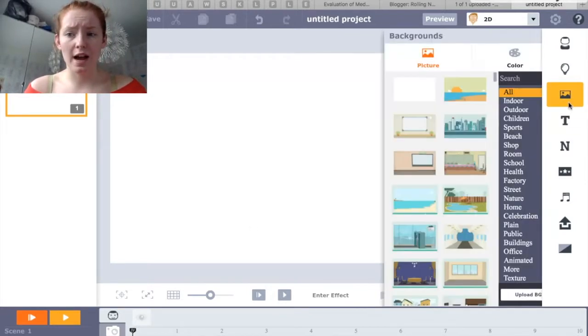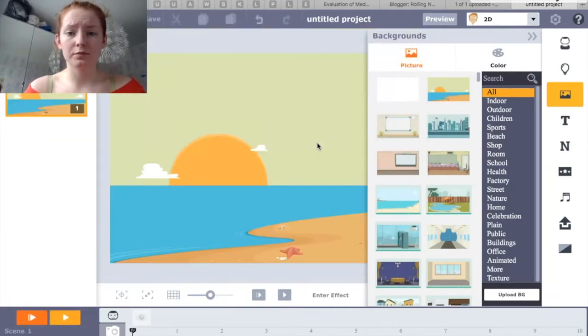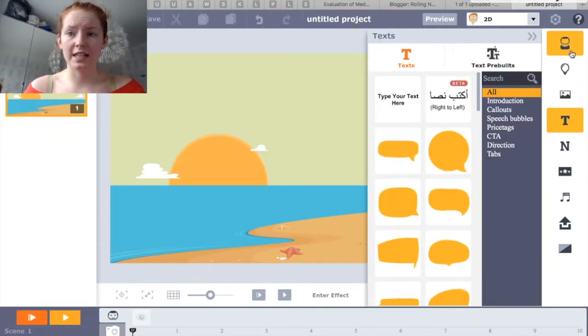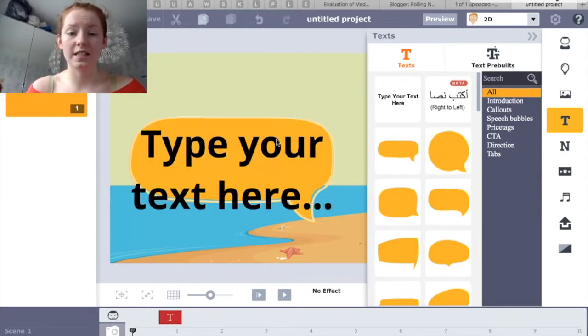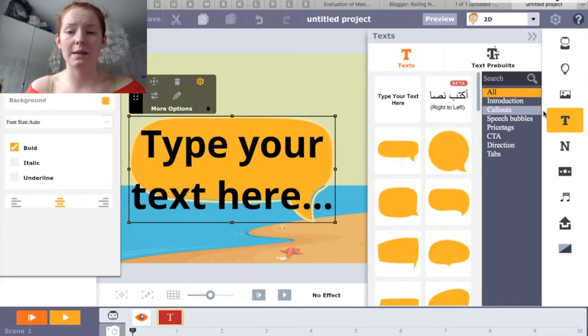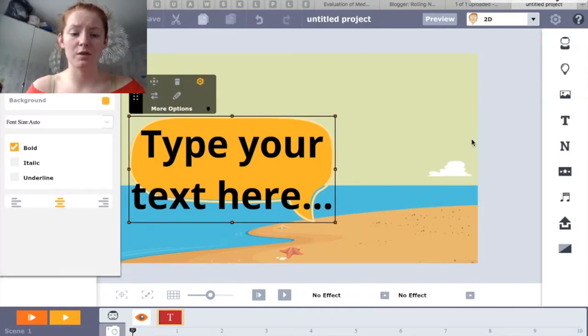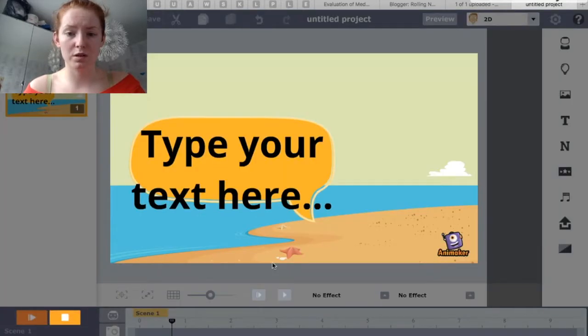One of the issues that I also had was if I put in a background and then created a speech bubble, the way that it was laid out here. And already it's slowing down the process because the website can't keep up with the amount of things that's on the screen, even though there's only 2 things. This was confusing to me because you can extend how long it's on there for. I did like that because it's an easy way of doing it, but then I couldn't just press play. I had to go into preview mode in order to see how it would